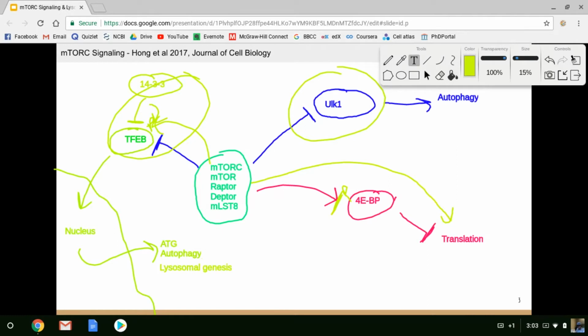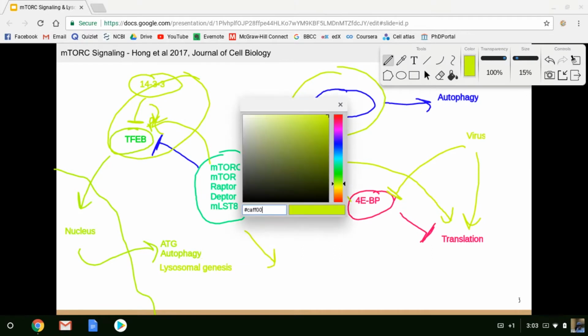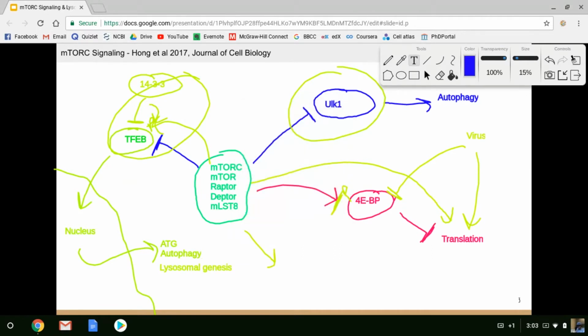And actually, a lot of viruses do something very similar. Viruses will inhibit 4E-BP so they can be translated. If a virus didn't inhibit 4E-BP, the cell would stop translating, and the envelope proteins wouldn't get made, and the virus wouldn't be able to escape. So 4E-BP is a really important protein when it comes to translation. There's one last critical player here, and this is going to be